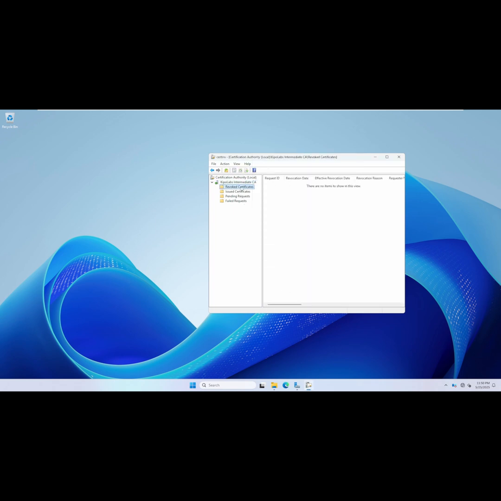So if I right click on revoked certificates and then go to properties, and then we see here this is valid for only 1 week. Okay, and then it's also published in Delta CRLs. We don't want it to publish Delta CRLs. So we want this to be valid for just 1 year. Okay, so I'm going to click apply, and then if we look at the issued CRL,